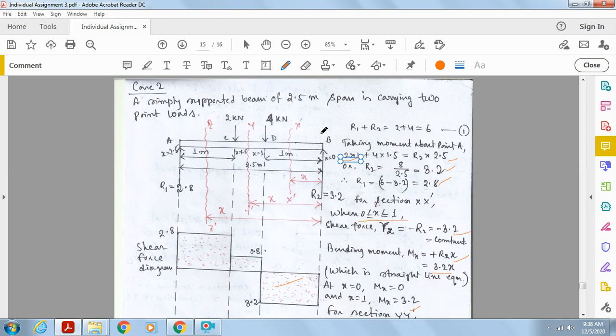Like this we will solve the numericals. This is how we can go through the different numericals on shear force and bending moment diagram. You can practice at home, and you have to submit some assignments as per the syllabus and course materials provided by the West Bengal State Council. We have to abide by that syllabus.